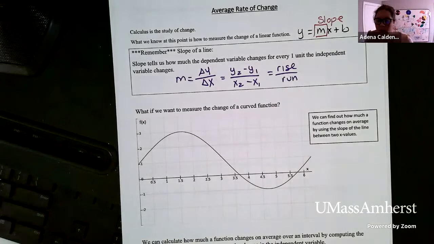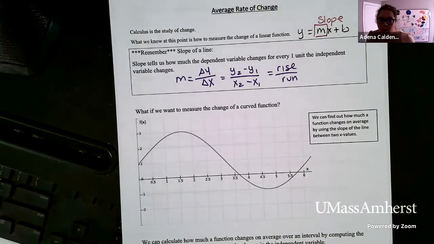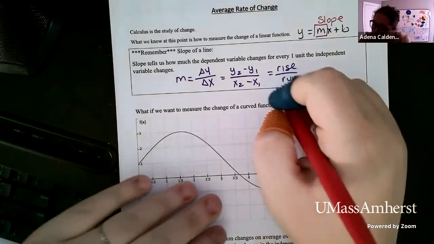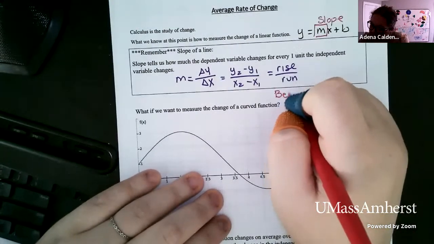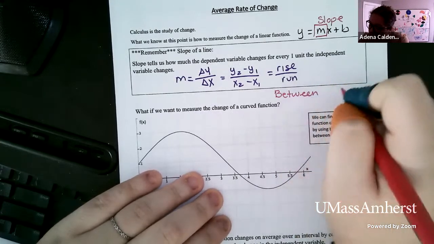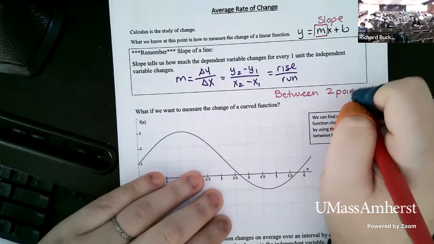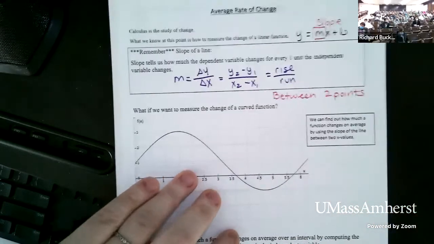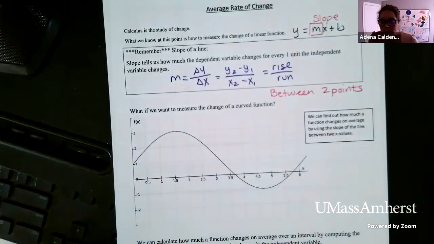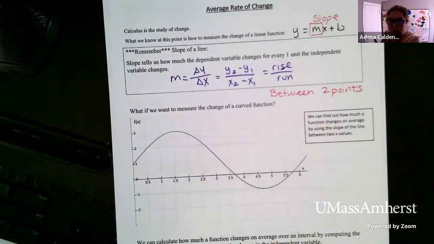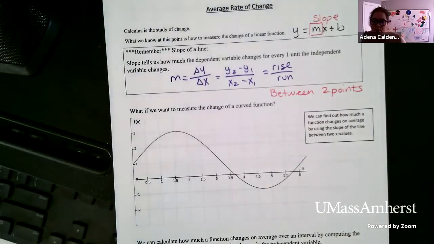Instead, we're going to say, okay, well, if we want to know how much the function changes, we want to know, one, where we are interested in looking, right? So with our approach coming up, we are going to look between 2 points. Okay, we are going to ask how much does this function change between this point and this point, right? And then if we can do that for any 2 points, we can kind of look at a whole entire